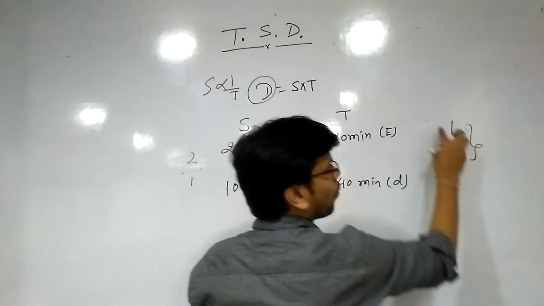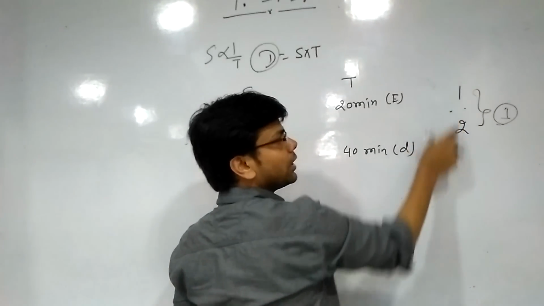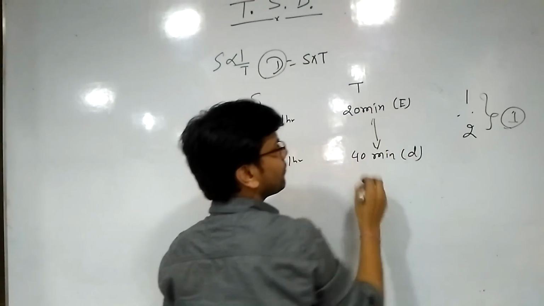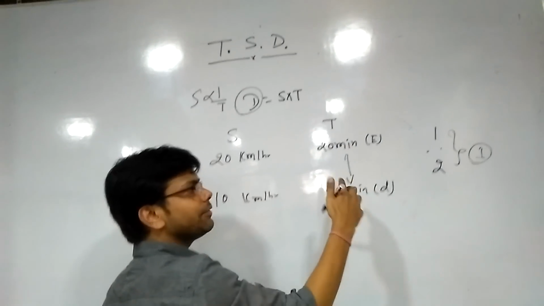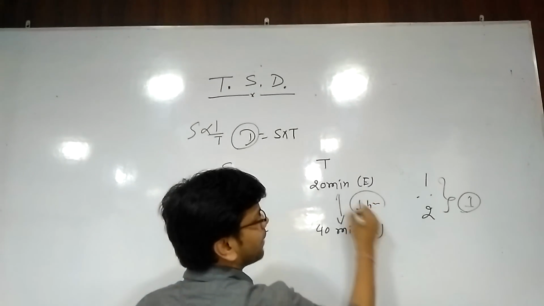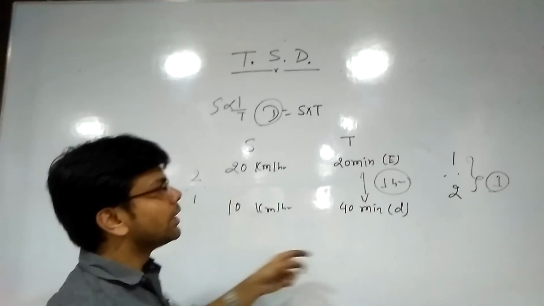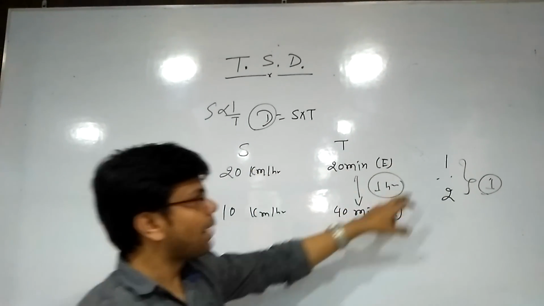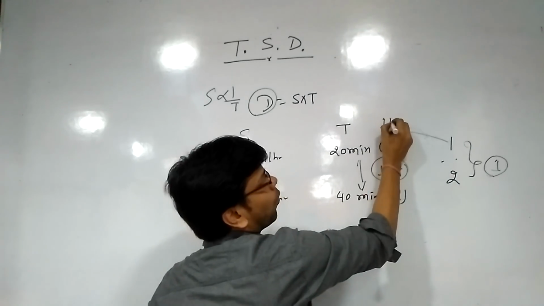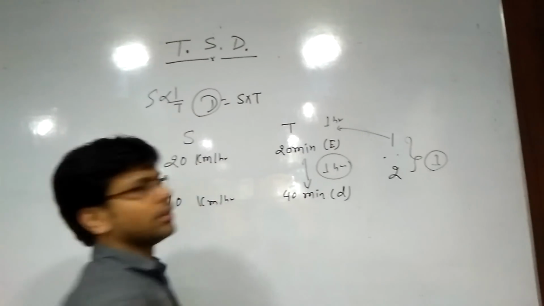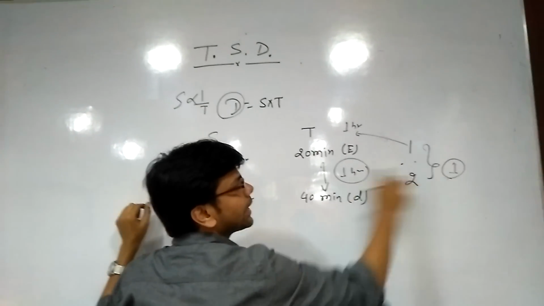What is the gap? The gap of 1 and 2 is 1. So when our gap is 1, this is 1, this is 2. What is the gap here? 20 minutes early, 40 minute delay. If early and delay, we add the values. This is nothing but a 1 hour gap. First, speed ratio is 2:1. Time ratio is 1:2. Just reverse. Now write the gap from here. If 1 is 1, then this one should be 1 hour. This 2 should be 2 hours. So from the speed ratio, we find the time ratio and equate the gap.